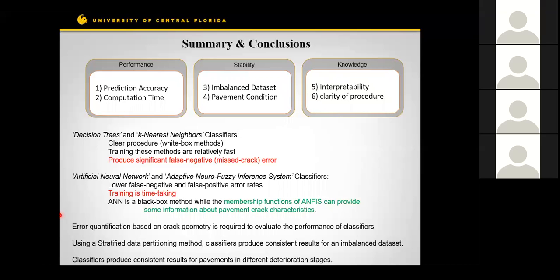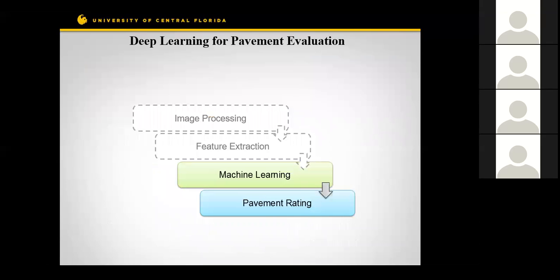But before I end, I thought maybe I talk about some other methods that we haven't seen as much in the literature and sound very interesting, like convolutional neural nets, especially with the popularity of deep learning recently. These methods can be very effective for pavement evaluation. That is because, if you remember, the 4 stages of most systems are image processing, feature extraction, machine learning, and pavement rating. And if we use a deep convolutional neural network, we don't have to do any image processing and feature